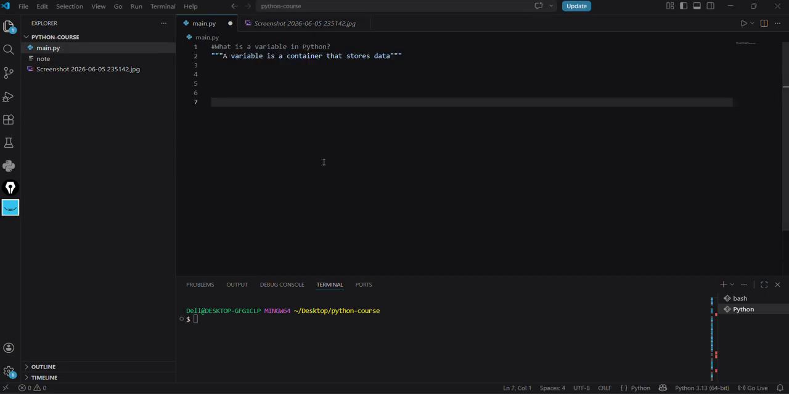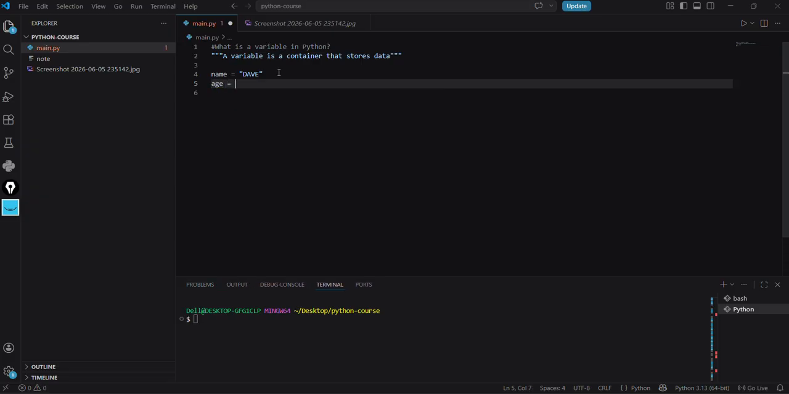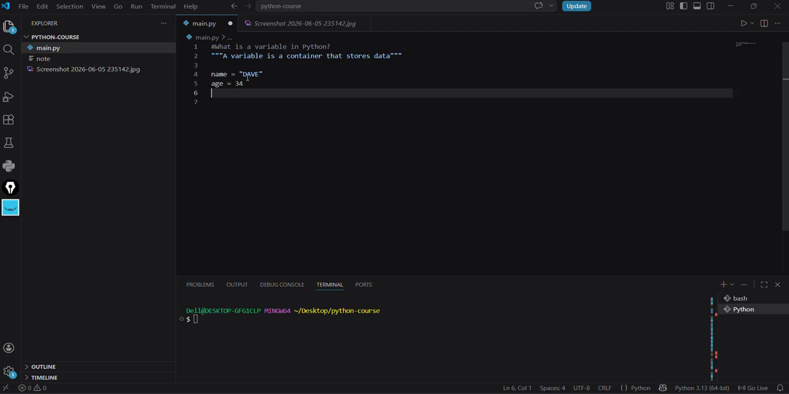Let's say I have name equal Dave. Then the one on the left is the variable name, and the one on the right is the data that is contained inside of that variable. This is what you just need to keep in mind. And then I can also have age equal 34. Don't worry, I'm not 34. So age is the variable and 34 is the value, or the data, that is contained